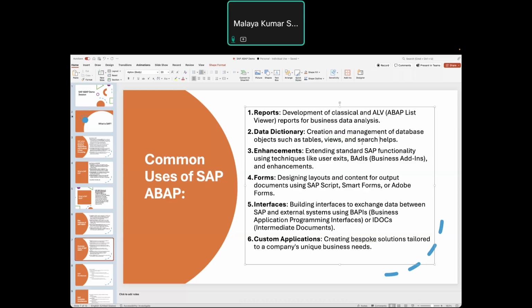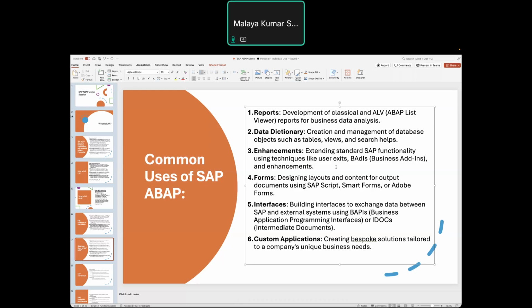Like that, enhancement is also one type of object, which will be created as part of your customization of your standard functions, as I told earlier. Also, you can extend your SAP based on your organizational requirements.